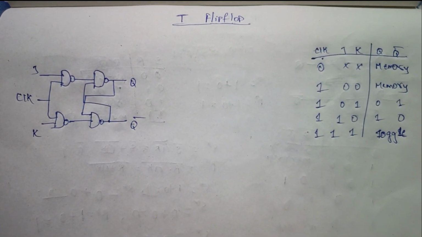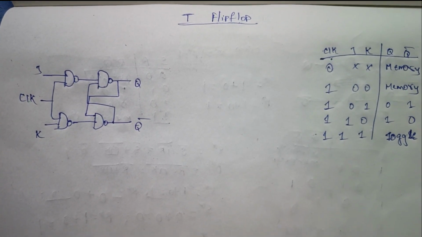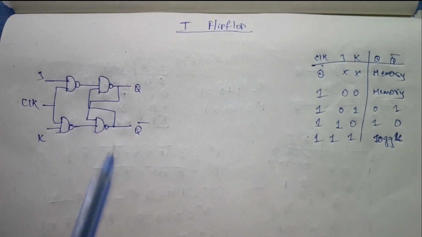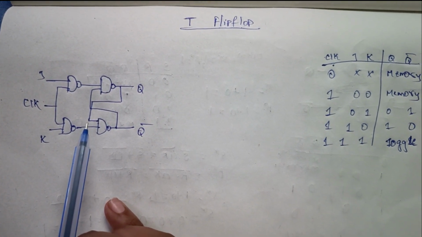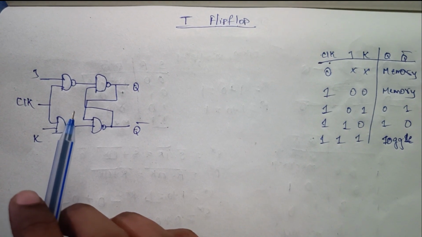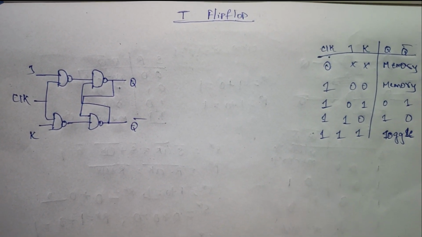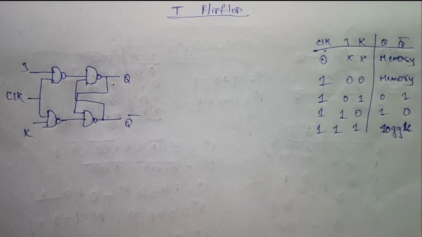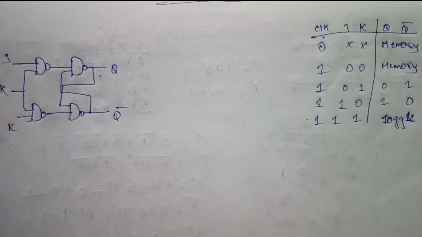Today we are going to discuss what a T flip-flop is and how to make the Verilog code for the T flip-flop. As we know, the JK flip-flop overcomes the drawback of the SR flip-flop. In the SR flip-flop, what is the drawback? If we apply both inputs as 1-1, we get an undesirable state. That means the Q and Q bar values will be the same,